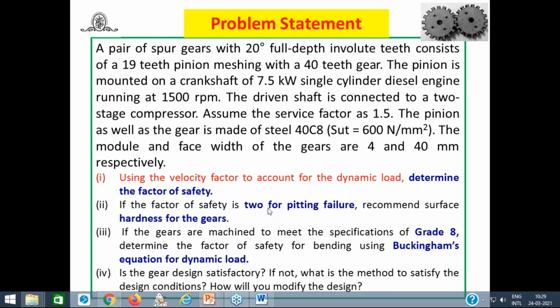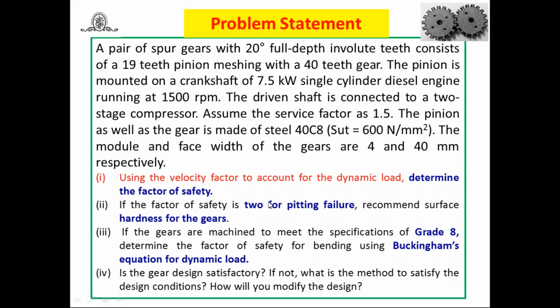Okay, so always while solving a design engineering problem, you have to read the problem statement carefully. You can spend about 2 or 3 minutes and read this statement carefully. In this statement, a pair of spur gear, so which gear are you going to design? Spur gear. Pair is given, 20-degree full depth, that means pressure angle is 20 degree. This is an involute system. Then the 19 teeth on pinion, ZP is 19. That means read the problem statement carefully and write down the given data.